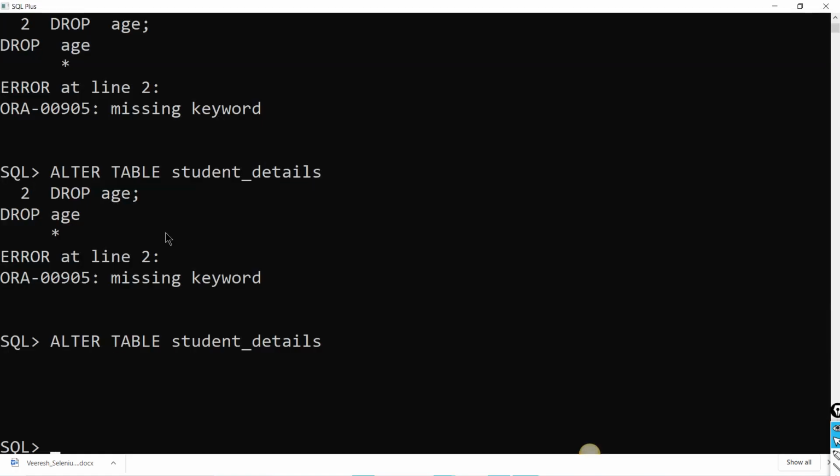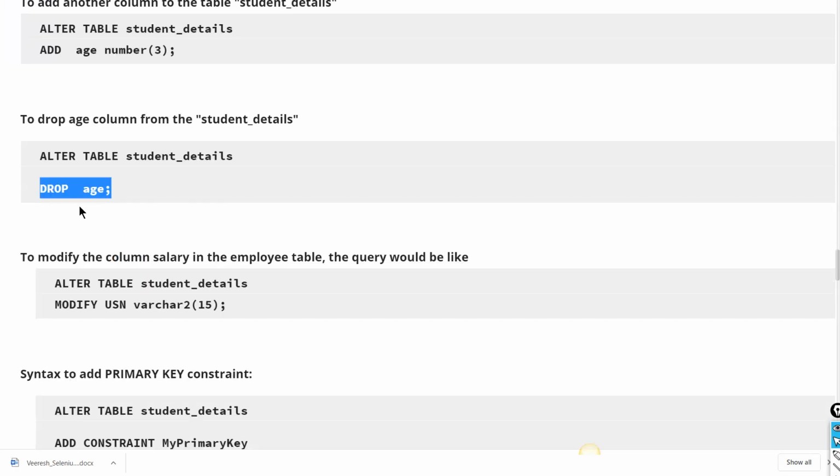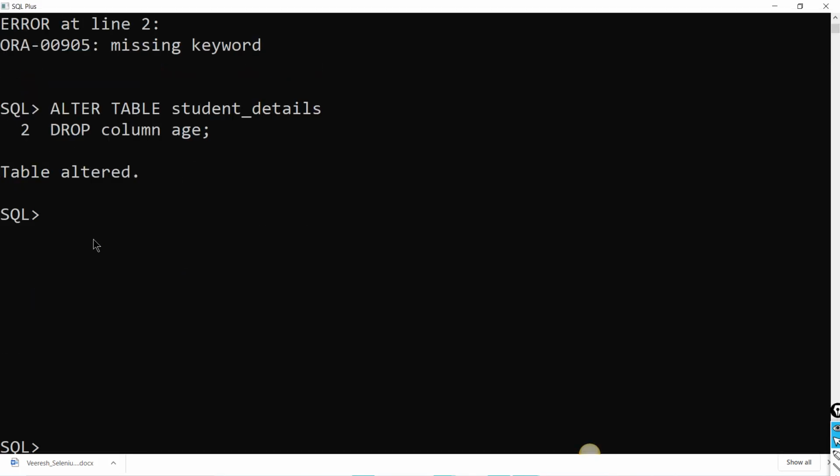Drop column, table altered. Sorry, column is missing here. I have to add column here. Don't worry. So drop column age.